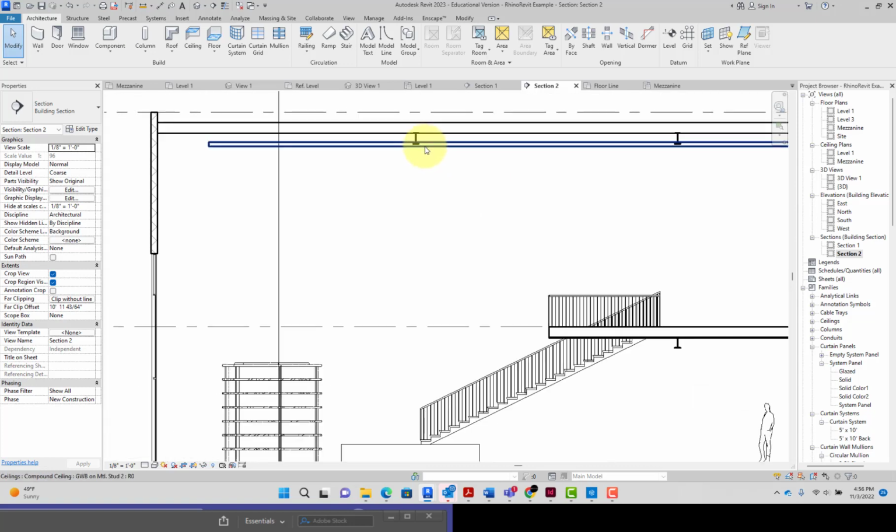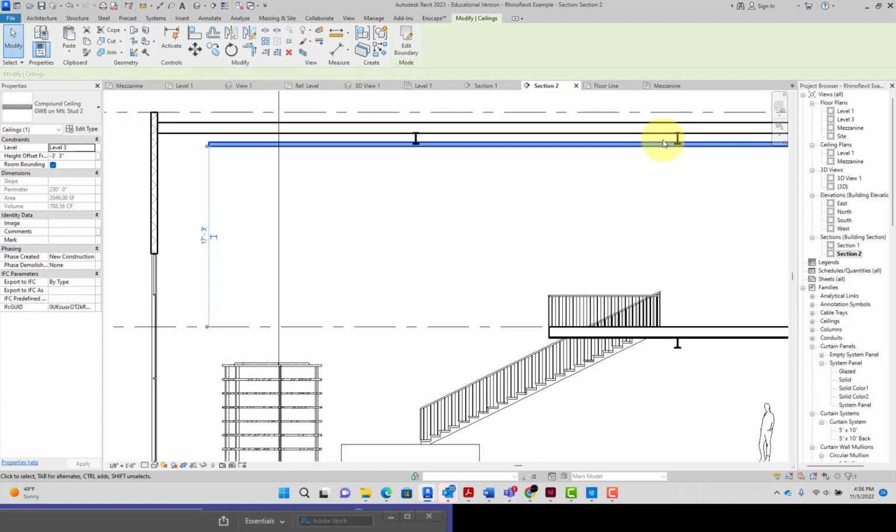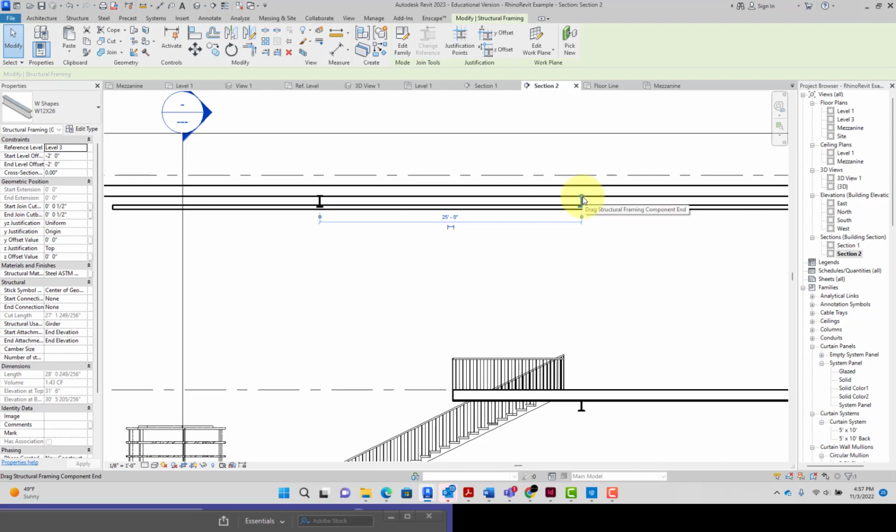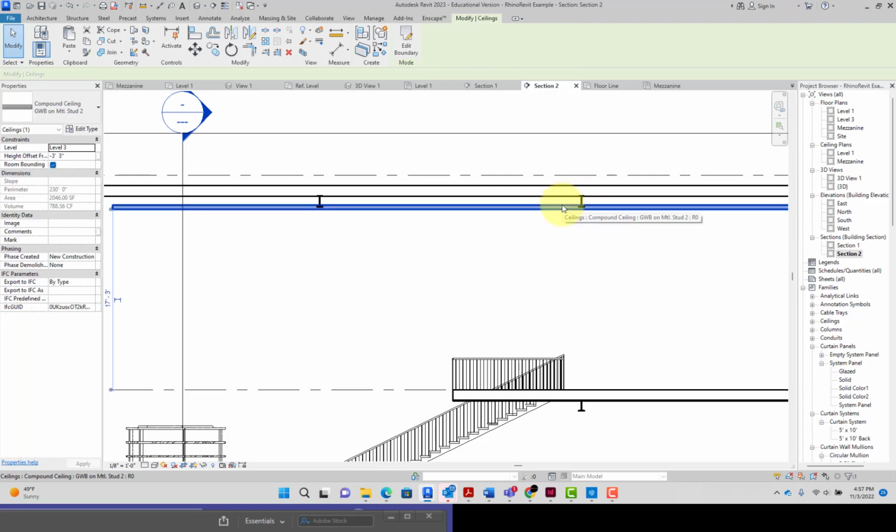Just remember when you're creating these things, you want them to look kind of real. And in this case, I'm spanning some 25 feet, so something that thin would never span that. To actually span 25 feet, I would need probably some steel joists going across here and then hang this. But I could fake it a little bit more